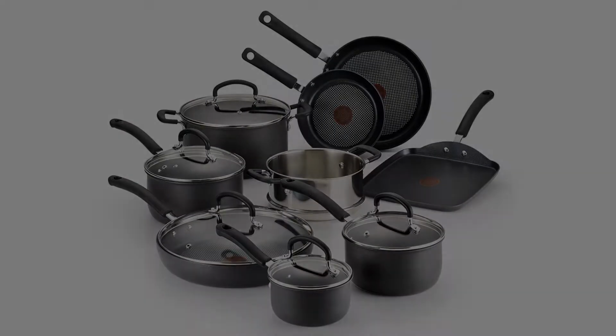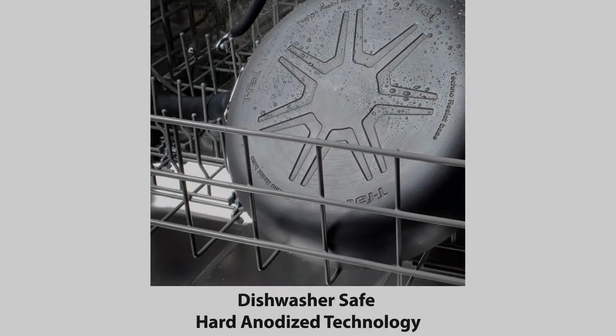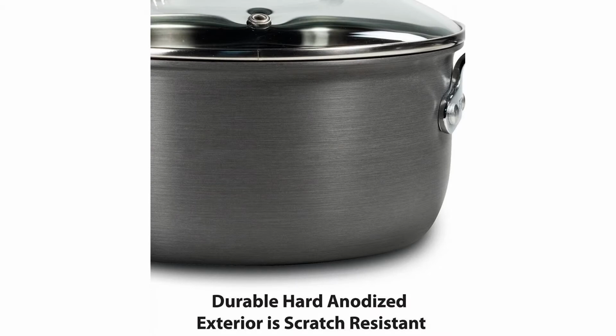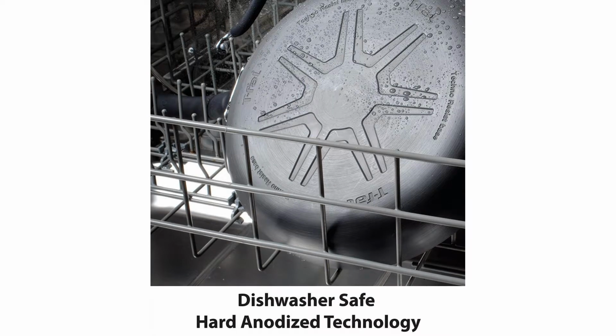The cookware's hard anodized aluminum construction heats quickly and offers long-lasting strength, while its warp-resistant even heat base distributes heat evenly throughout for optimal cooking results. Use the cookware on any cooktop, except for induction. PFOA, lead, and cadmium-free. The cookware's durable expert non-stick interior offers a health-conscious option, effortless food release, little to no fat or oil needed,